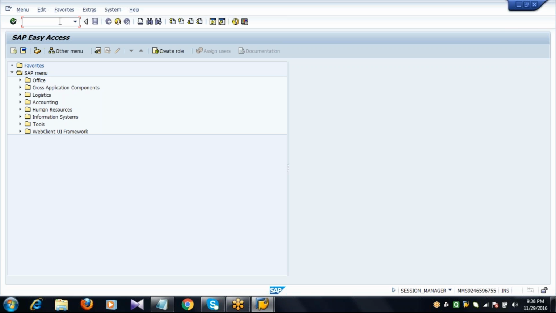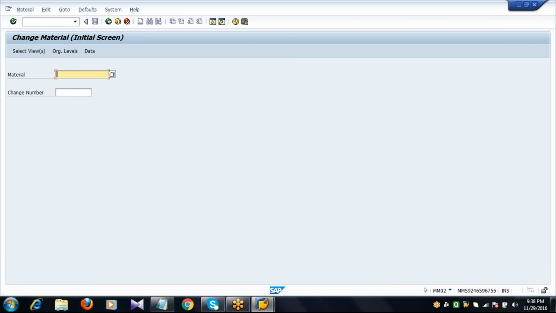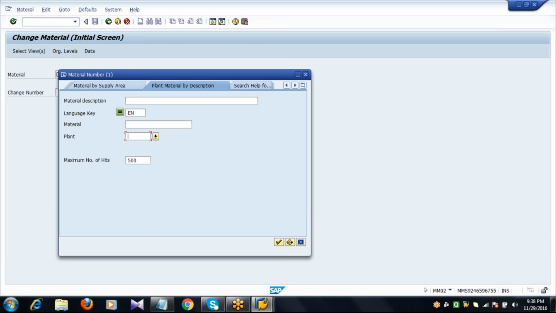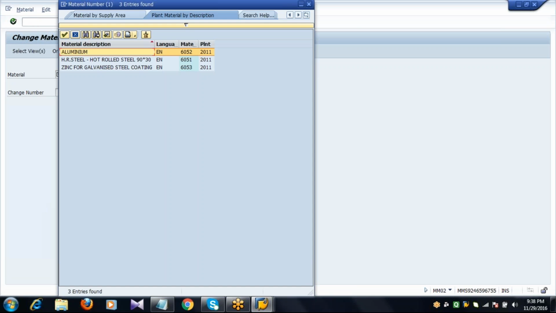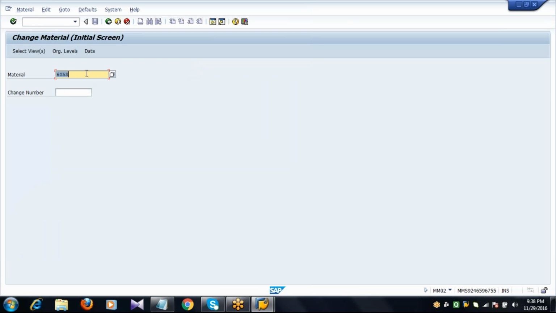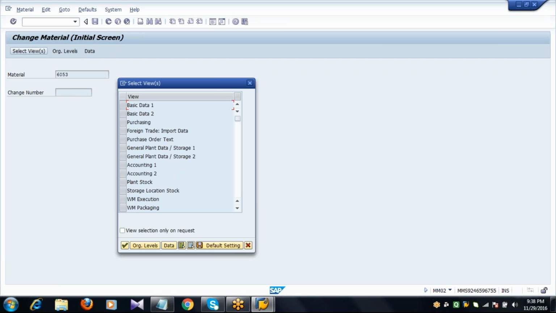MM01 or MM02. Either you want to go for existing material or you want to go for new material as you wish. So for example, I want to go for existing material, so I'll go to MM02. Enter the material number. Select views.